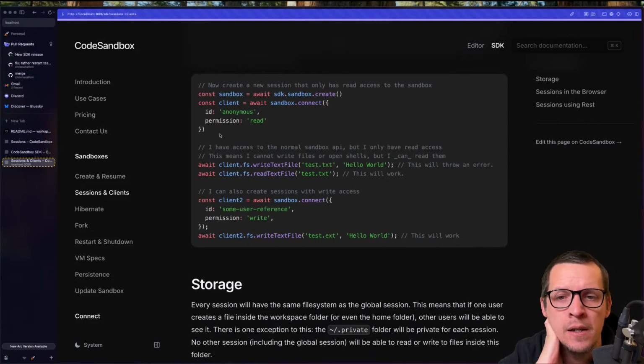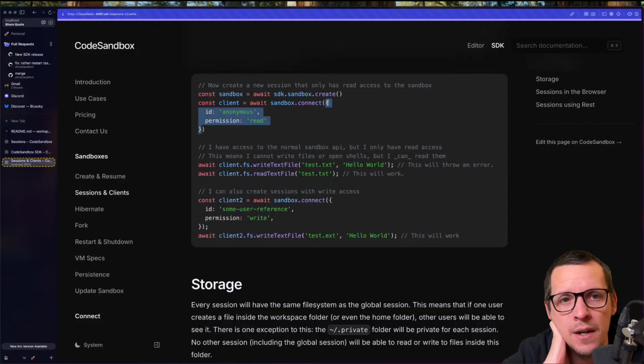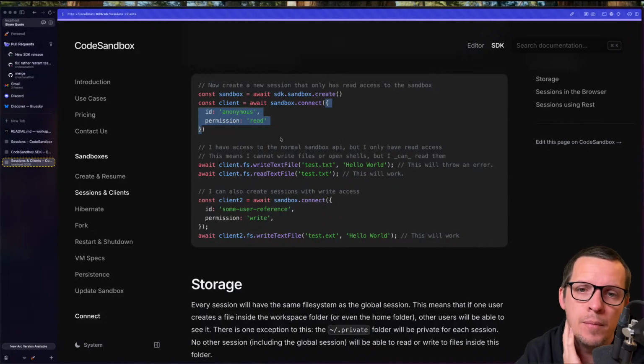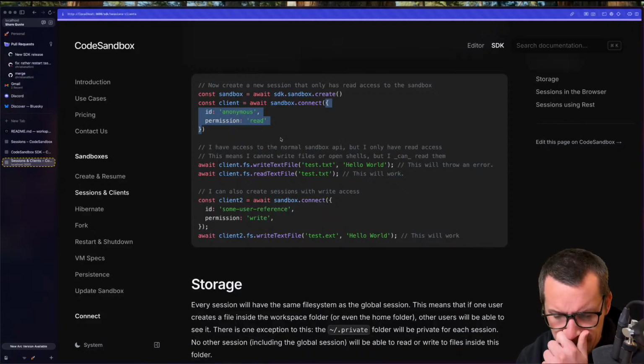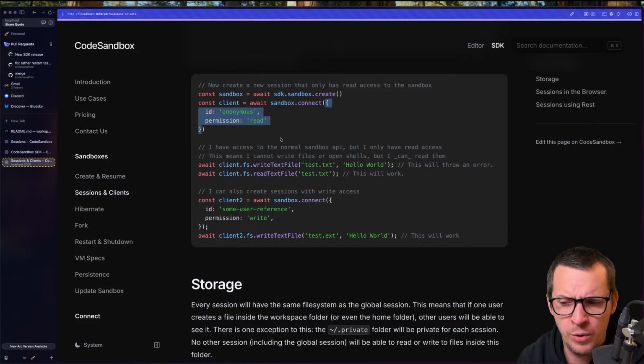And I'm still a little bit unsure about passing in a session here. So you actually have sandbox.create session and create read-only session, and then you pass that session in here. But I don't see why you would ever want to have access to that other session. Like what would you use it for? I wonder if there's any